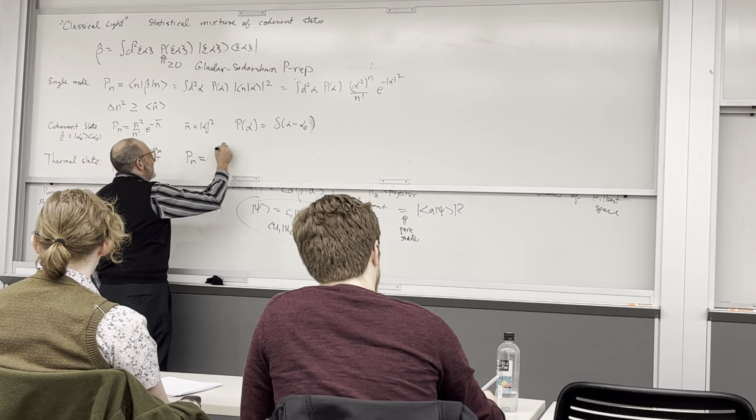And in this case, for the coherent state, the fluctuations in n are the square root of n, or equivalently, the variance is equal to n. In this case, for the thermal state, the variance is what? Well, it has to be at least n bar, because it's always bigger than that. And how would we find that? Well, that's equal to the mean of n squared minus the mean of n, squared, okay? The mean of n squared